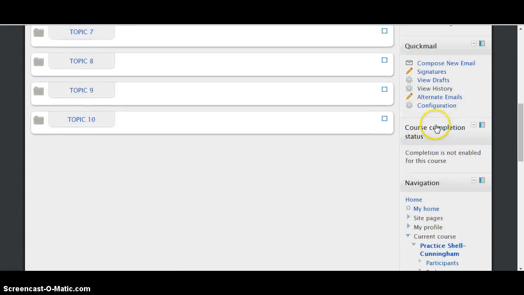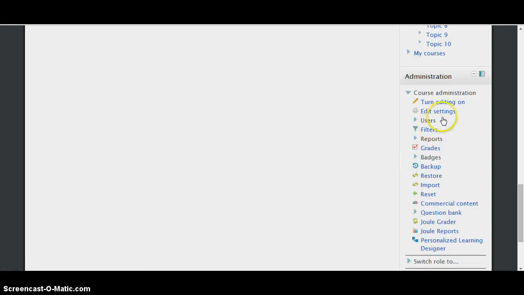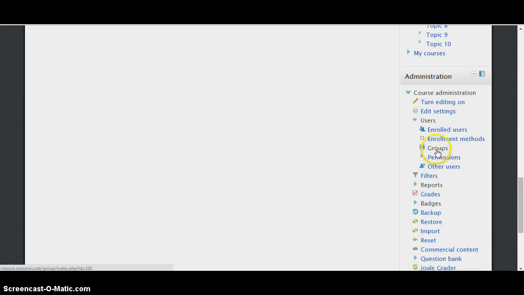So I'm going to scroll down until I see my administration block, and I'm going to click on the arrow next to users. So click on that arrow and open up some more options for you. I'm going to go into groups,